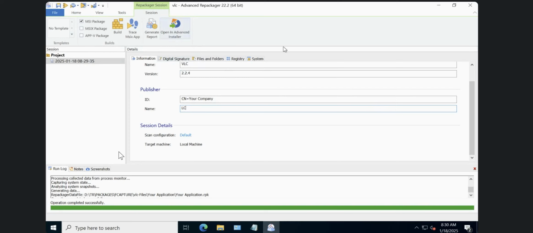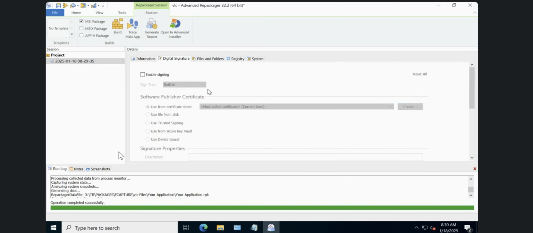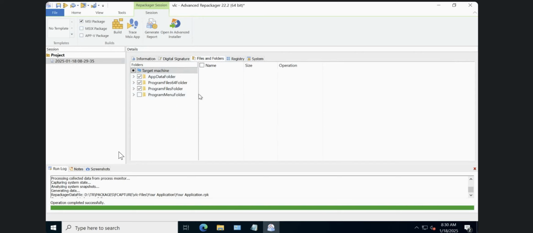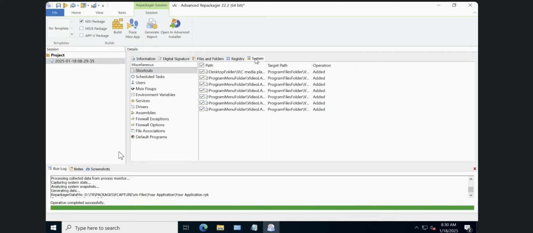Now let's open this one in the advanced installer. Okay, before that, if you see, we have changed the name and also there is a digital signature. Digital signature is not necessary for MSIs. If you are selecting MSIX, then you should enable this digital signature, so that you can tell that the MSIX is created by this advanced installer. Just for information purpose, you need to sign it. And you can see the files and folders which are created by the package over here. You can see the registries which are captured. Okay, you can see the system related information, means where the shortcut is formed,